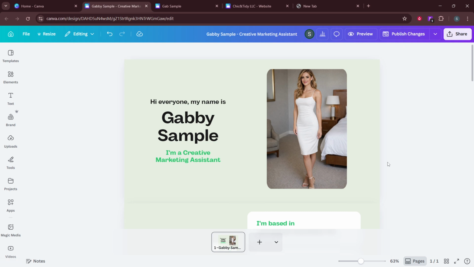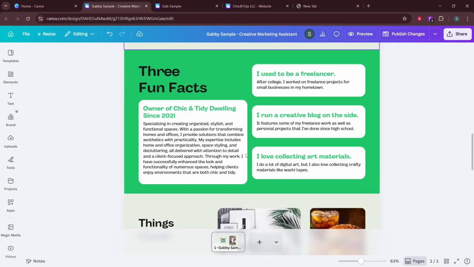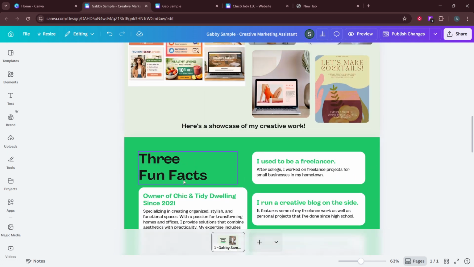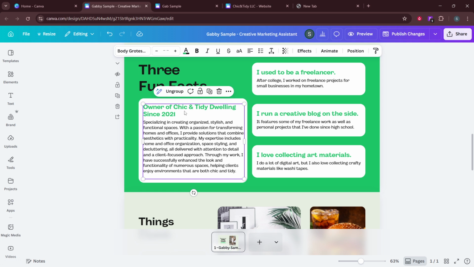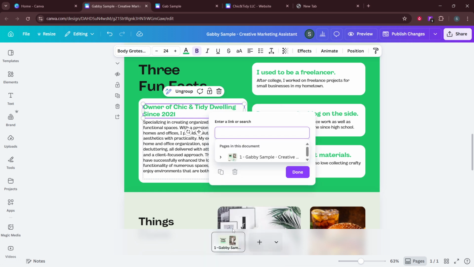So instead of linking to a specific spot on the same page, we'll link to a specific page that acts like that section. Start by deciding where you want people to click. This could be a text label like "Learn More," a call to action button, or even a line of supporting text. Add a text box or a button in that exact place. Buttons are great because they stand out and make it obvious that the element is clickable, but text works just as well if you style it clearly.